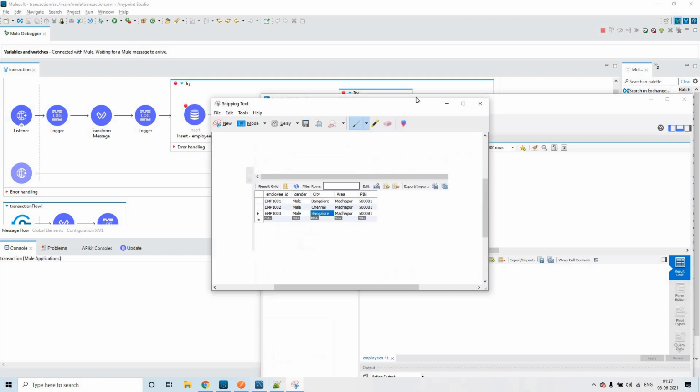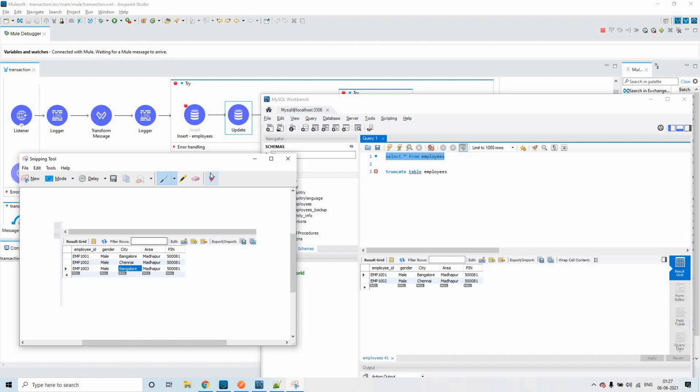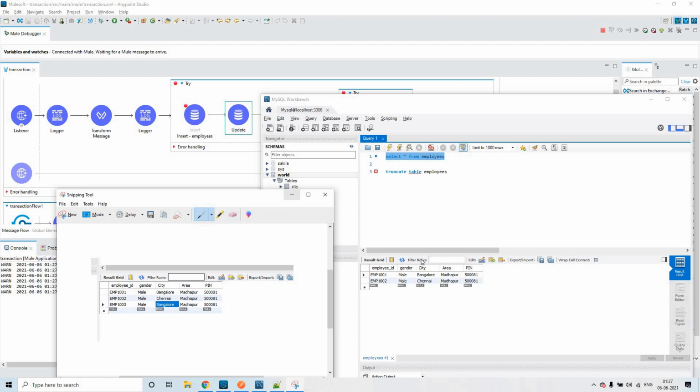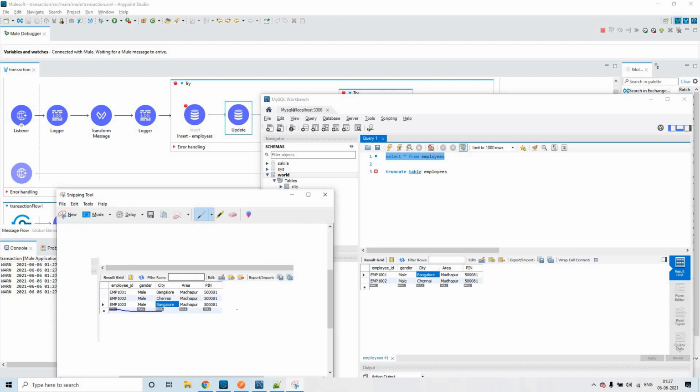Yes, if you see here, this particular thing was not reverted or rolled back, but this 1003 record was removed, and not this update.